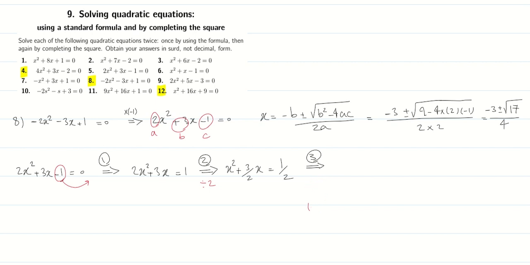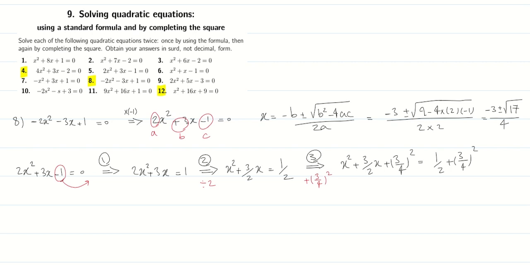So I want to add 3 over 4 squared to both sides of the equation in here. And we would have x squared plus 3 over 2x plus 3 over 4 squared is equal to 1 over 2 plus 3 over 4